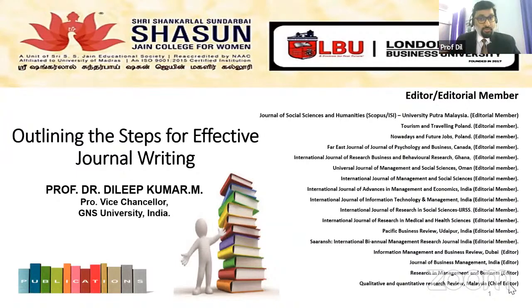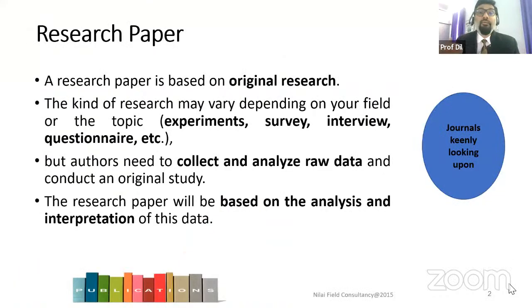In order to do these things, you need to have experiments. You have to conduct experiments. So research papers are based on analysis and interpretation of the data. Always remember, this makes a big difference from other types of papers you can write, such as a case study. Of course, case studies also require a methodological approach and philosophical dimensions like functional realism or critical realism, but I'm not going very deep into that. Let us have today a basic understanding of a research paper and each section connected to it.